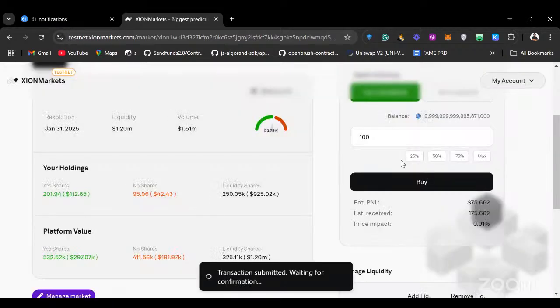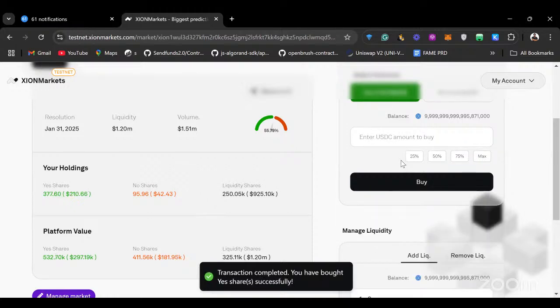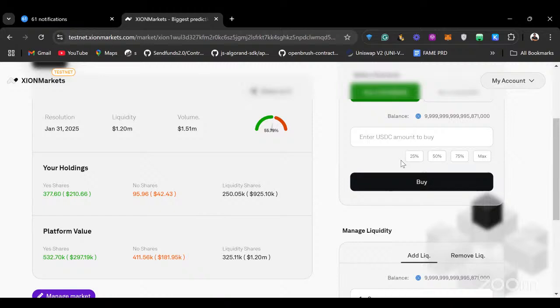I think one of the experiences we've had on Zion is the speed of transactions. I think Cosmos as a whole is very, very fast. And that is that I bought shares here, and from my holdings,